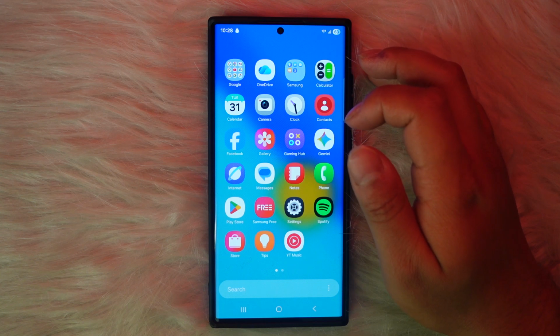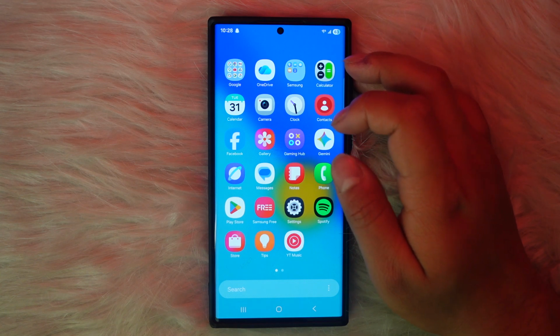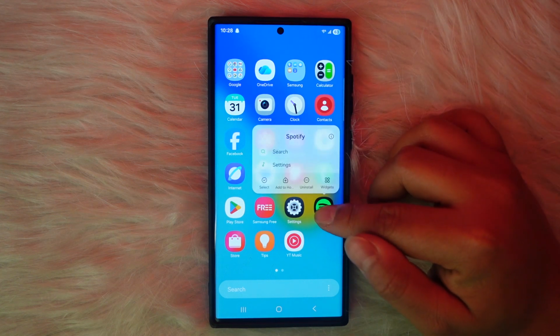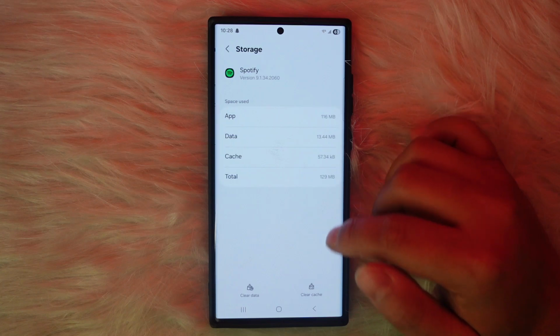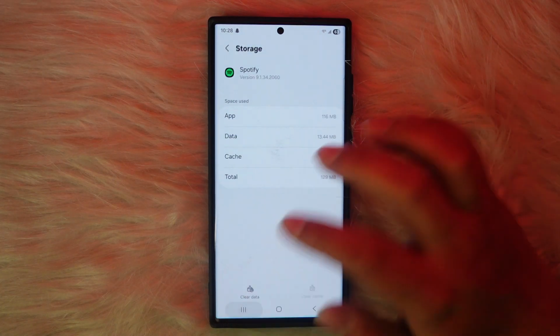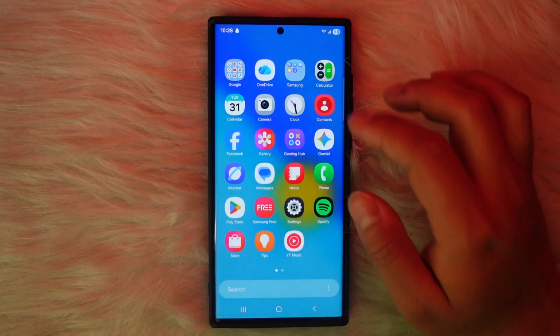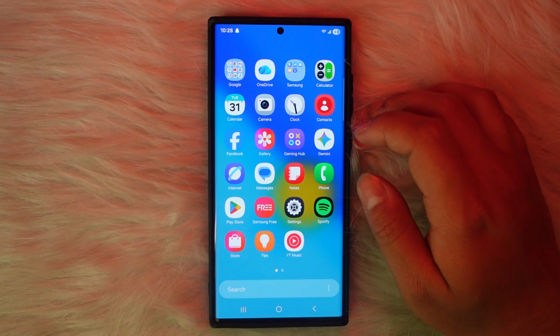Now, if this is not the solution for you, what you can also try out is to clear the app cache in the settings. So just tap and hold the app, head over to this eye icon. Once you're inside, head over to storage and then tap on the clear cache option. Once you complete this step, again open up the Spotify app and see if the issue is